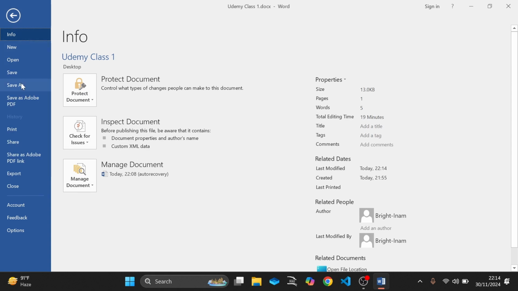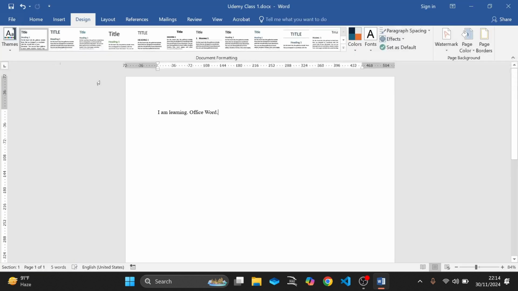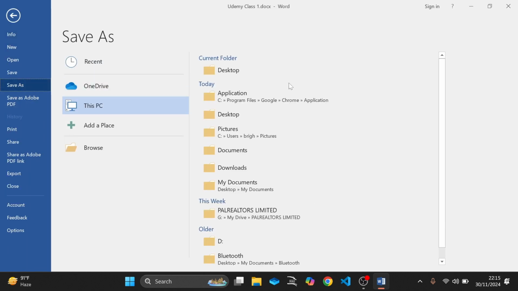Save As is kind of similar to Save, but when you do Save As, it's going to save a new copy of your current file. So if I do Save As now, it's going to save this document, but no longer as Udemy class 1. It's going to save it as an entirely new document. Though it's likely going to pick the first name that you gave it. So if I want to save it to Documents now,